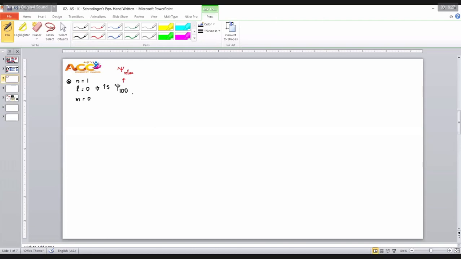Schrodinger says it is psi 100, right? Like this, any orbital is identified by this type of name. Now, if it is so, it is the 1s orbital, an s orbital. What is an s orbital? Symmetrically spherical, right? We use the word symmetrically spherical.